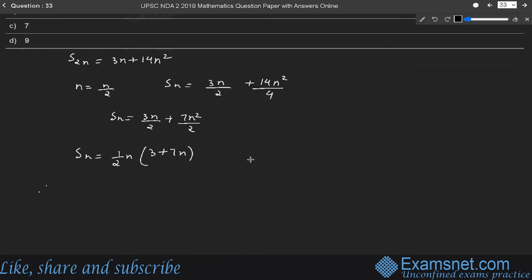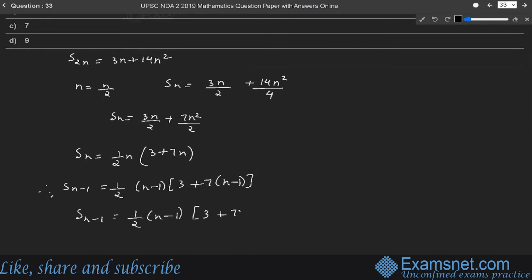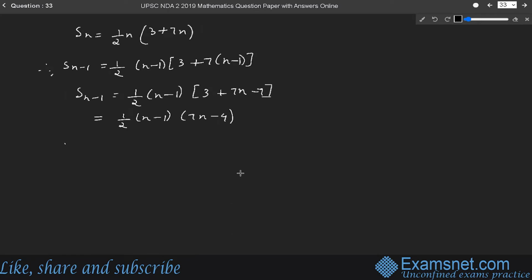Therefore, Sn minus 1 is equal to 1 by 2 into n minus 1 into 3 plus 7 into n minus 1. So Sn minus 1 will be equal to 1 by 2 into n minus 1, 3 plus 7n minus 7. So it will be equal to 1 by 2 into n minus 1 into 7n minus 4. Since Tn is equal to Sn minus Sn minus 1,